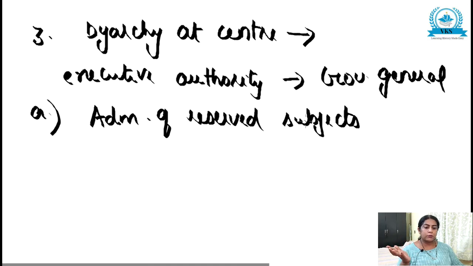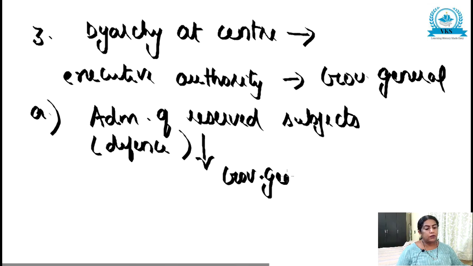So what are those powers? Reserved subjects like defense, external affairs, etc. This was done by the Governor General with the help of councillors,